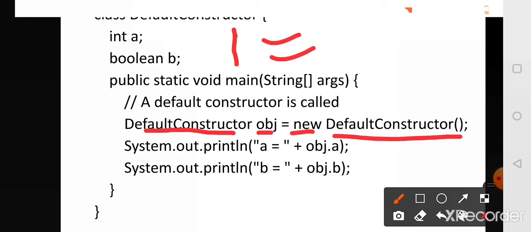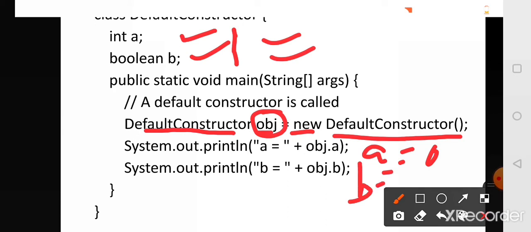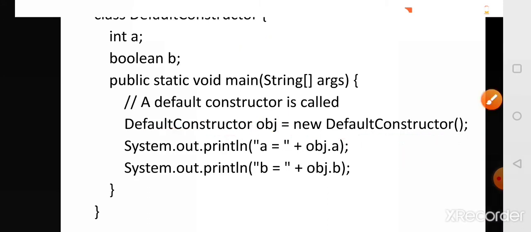This default constructor will be automatically identified by the Java compiler, and it initializes this object with the default values depending on the type of variables that are present in this class. So here in this case, the integer variable a will be initialized with the value 0, and the boolean variable b will be initialized with the value false. That is about default constructor.